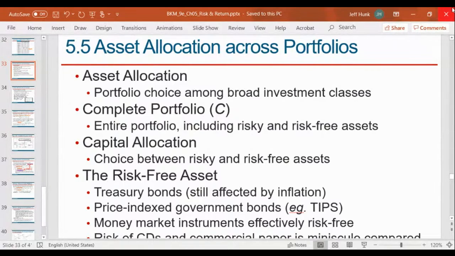And then within the risky portfolio, how do we allocate weight between the stock portfolio and the bond portfolio,